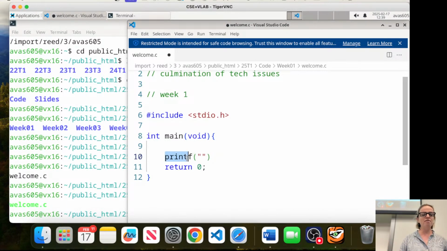Again, don't worry for now. Just remember that it's called printf. And you're going to have a bracket, and in two quotation marks between them, you're going to put whatever it is that you want to output to the terminal. I guess we have to. Okay, and then if you notice, I finish my statements with a semicolon.